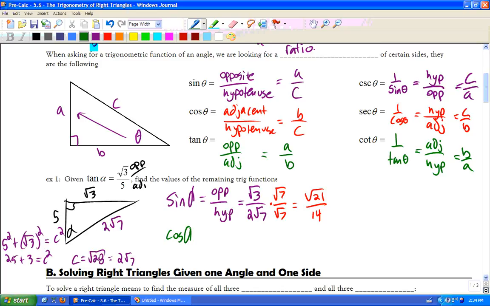Cosine of alpha will equal the adjacent 5 over hypotenuse 2 square roots of 7. Rationalize the denominator to get 5 square roots of 7 over 14. We've got sine and cosine, but we need the other three. The cosecant